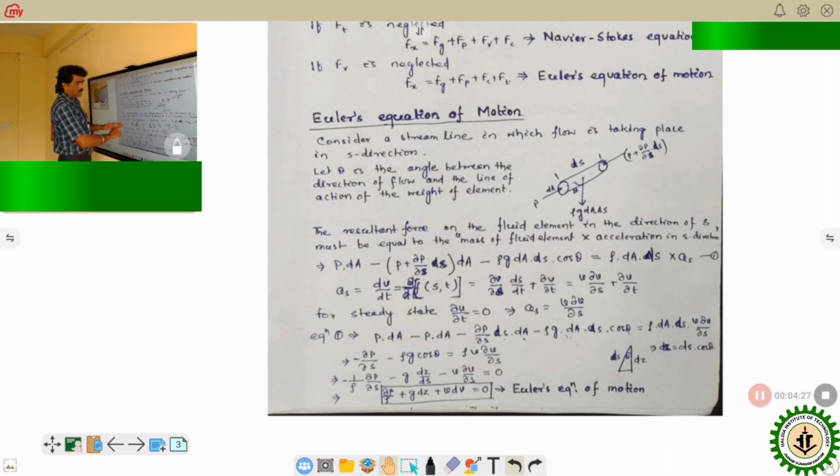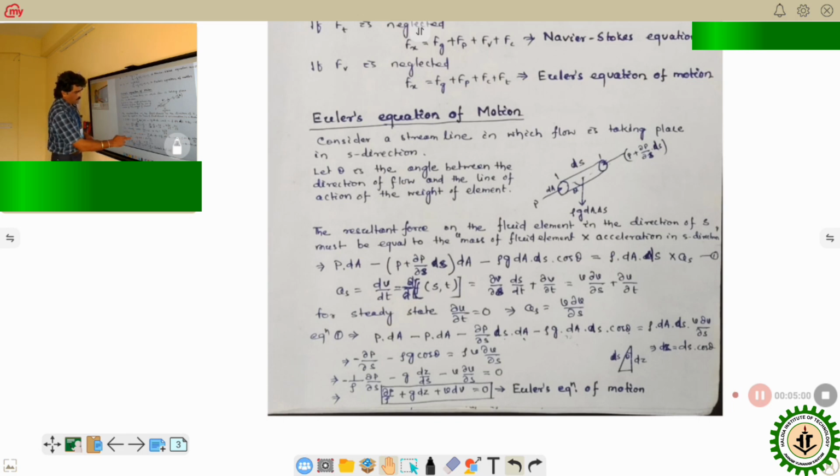So finally, this acceleration for the steady state will be converted into v dv by ds. For equation 1, what we have done here: p dA, removing the bracket, p dA minus p dA minus ∂p/∂s into ds into dA minus rho g dA ds cos theta is equal to rho dA ds v dv/ds as the acceleration term. Now, cancelling these two terms, finally